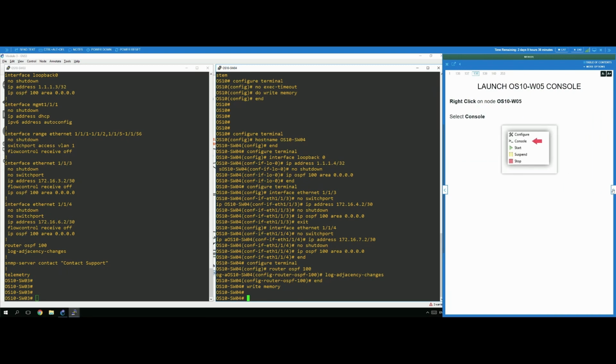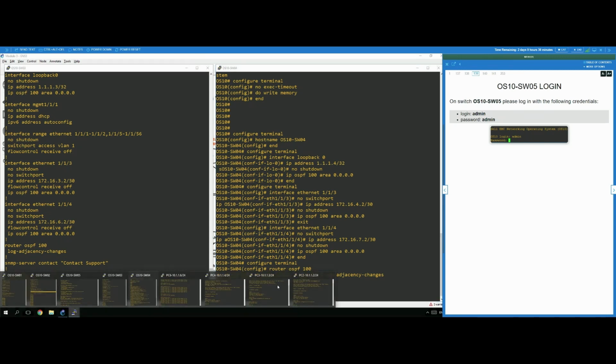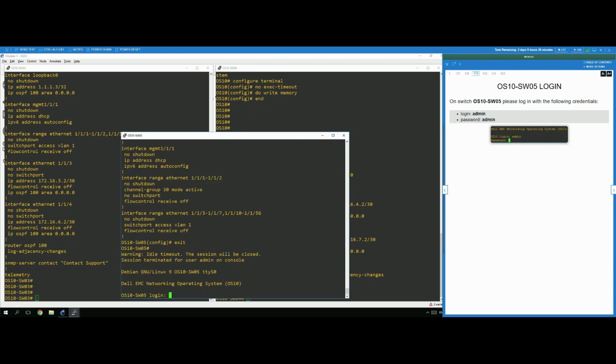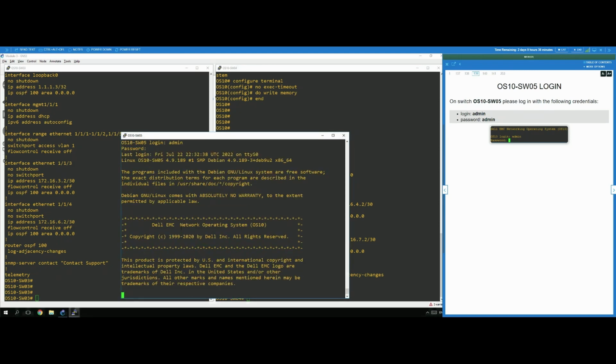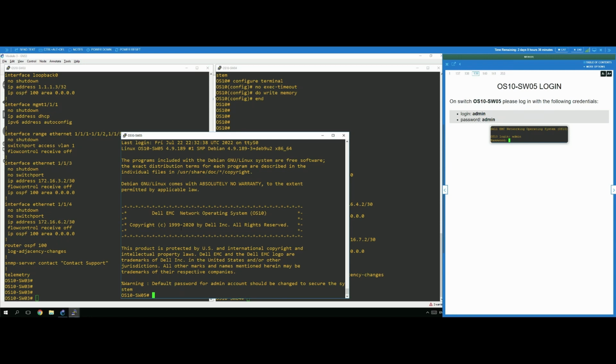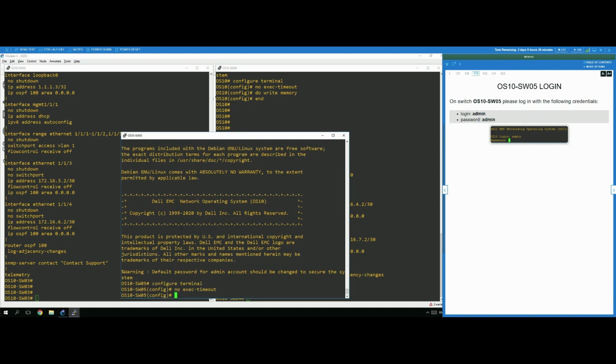So now we need to go into switch 5. Let's see if switch 5, which is mimicking a server, is already configured. So it's over here. Yep, it's already configured. So let's do admin. Let's go ahead and check. Let's do config, and let's do no exec. Let's do show